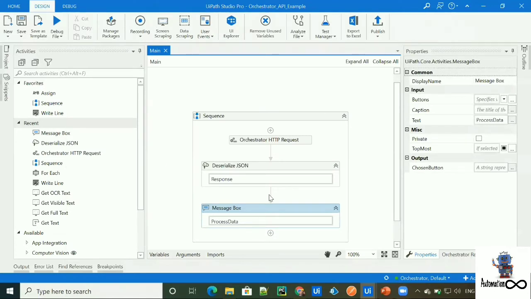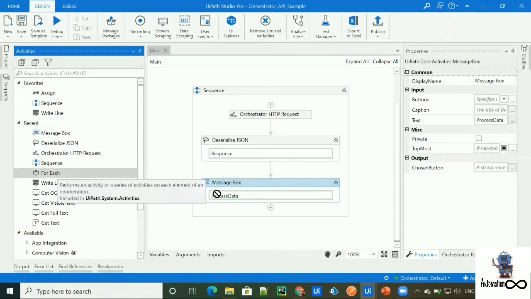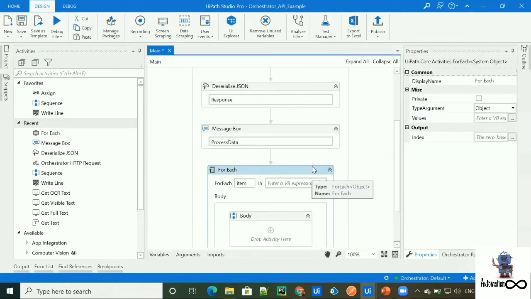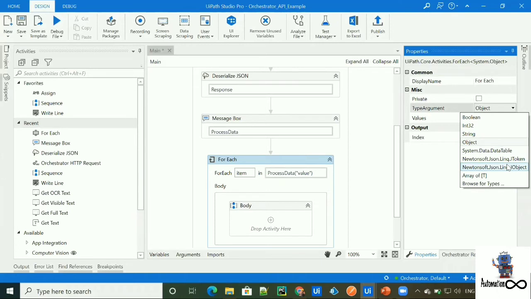To access the JSON data, which is ID and version, first we need to take a For Each loop. Then simply we are accessing our process data of value. Then you need to change the type argument to JToken.